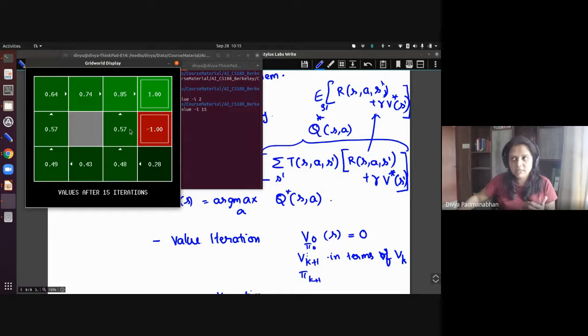Here, this means that all the states have been visited at least once. You have had a chance to look at every state and see what happens. And so this is the optimal policy, the policy after this many iterations. It says that if you're starting in the bottom left, you go up and you go right. So that's the best thing to do.